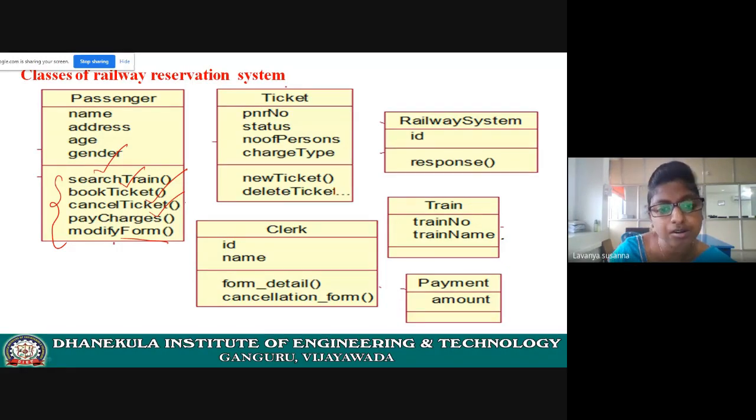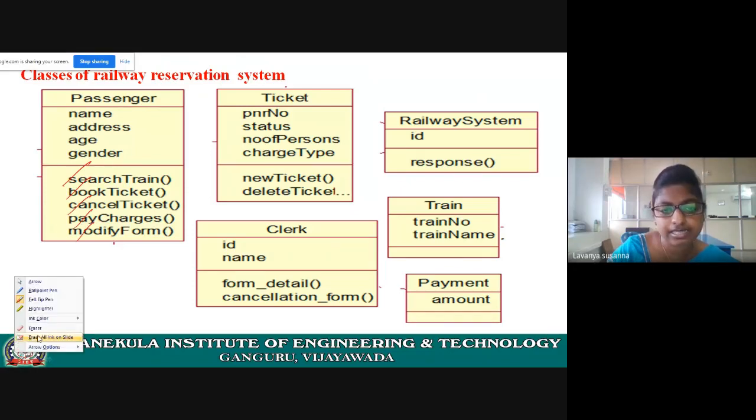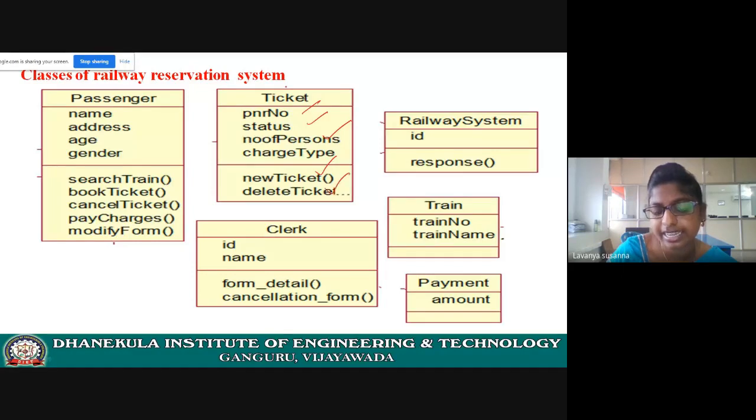Don't learn all these things by heart. No need to remember all these things. What you know, just put it on your paper. Just draw the diagram, what you know. He should search for a train, whether the train is there or not. Book the ticket, cancel the ticket, pay the charges, modify the form. These are the methods. Next, ticket: number, status, number of persons. New ticket, delete the ticket.